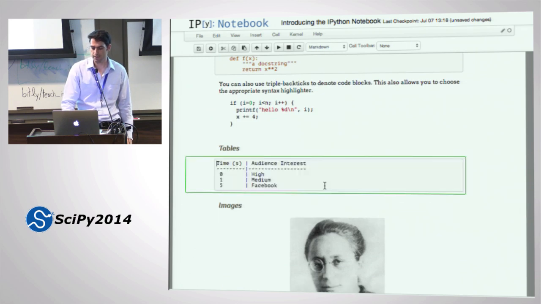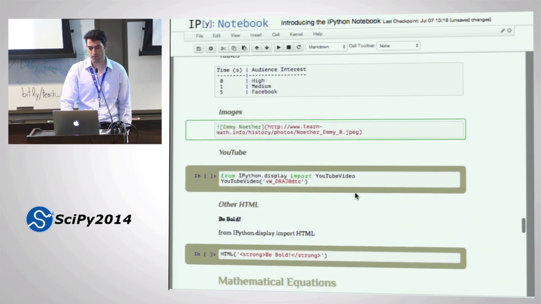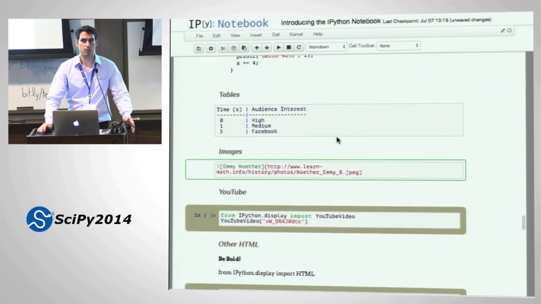You can also use Markdown tables. This is not in the Markdown spec. I'll get to you in a sec, James. This is not in the Markdown spec, but it's an extension called GitHub Flavored Markdown, which is supported by quite a few Markdown parsers, including the one that IPython uses. You can also embed images using almost the same syntax as URLs. You just put an exclamation mark, or a bang, in the front. Okay. Are there any questions about embedding Markdown?